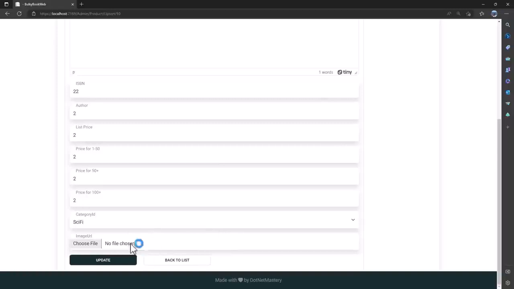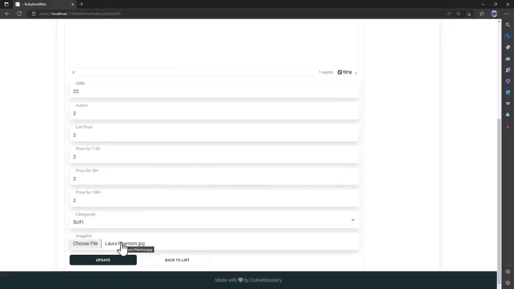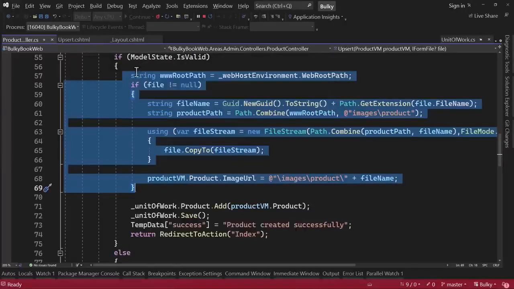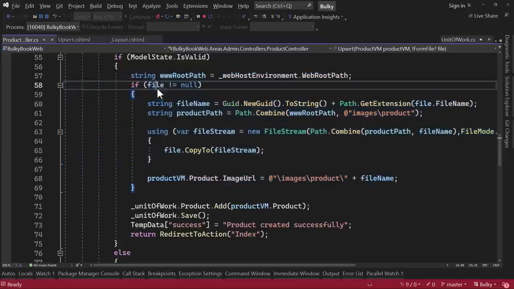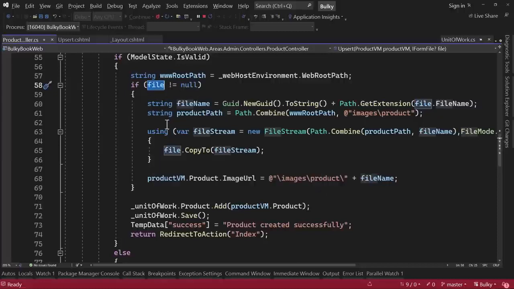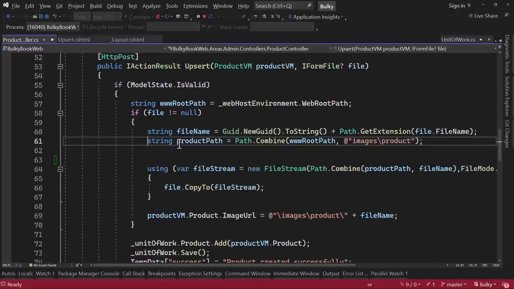So if a file is present when they are updating, then we want to delete the old file and we want to add this new file. Let me handle that scenario first. When we have to upload a new file, all the logic stays the same, but the only thing that we have to add here is we have to delete the old file if image URL is present and a new file is being uploaded. So if the file is not null and if image URL is present, so we will